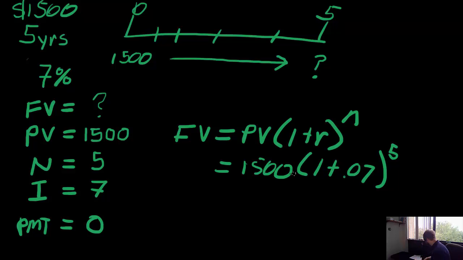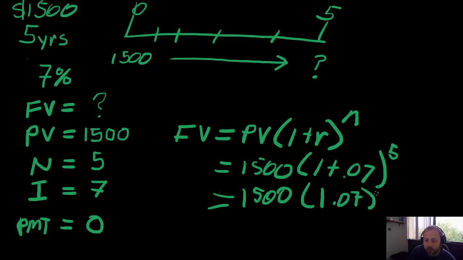And we'll talk about the calculator in a separate problem. All right, but for now, let's just do it the old-fashioned way. This is the way my grandpa used to do it when Harry Markowitz first invented modern portfolio theory. All right, so let's just do the simple math. So this is going to be 1,500 times 1.07 to the 5th, which is going to be on my calculator 1.07 x to the y 5, and that gives me